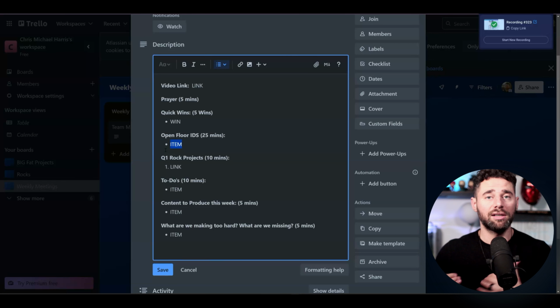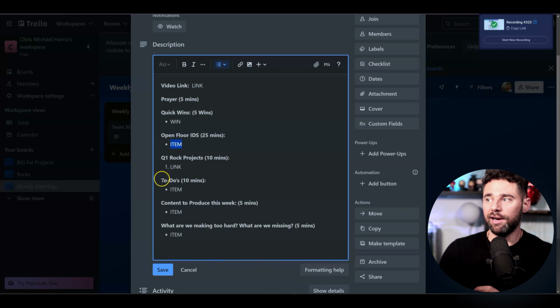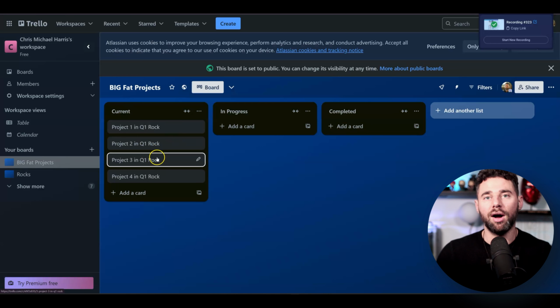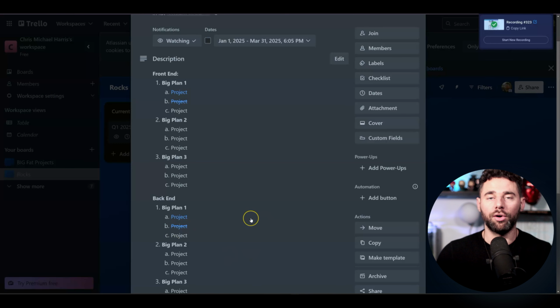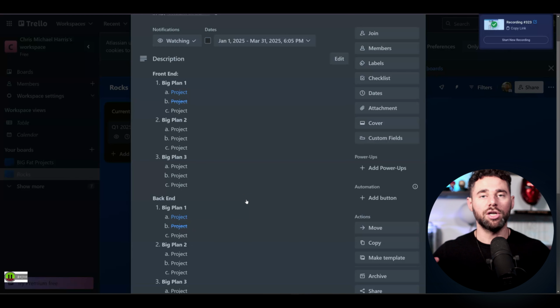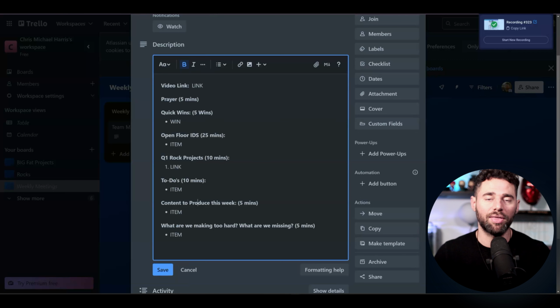If it's a to-do we can get done this week for us, we drop it down right here into our to-dos. And then if it's a project or a rock, then we ascend it back up to the top, meaning it would either go as a big fat project for a later date, or it would go under a rock for that particular quarter, right? Again, now we're going from smaller to large, kicking it up or down depending on how important it is in relation to the goals that we set out for ourselves. So really important that you keep the main thing, and keep the focus the focus.